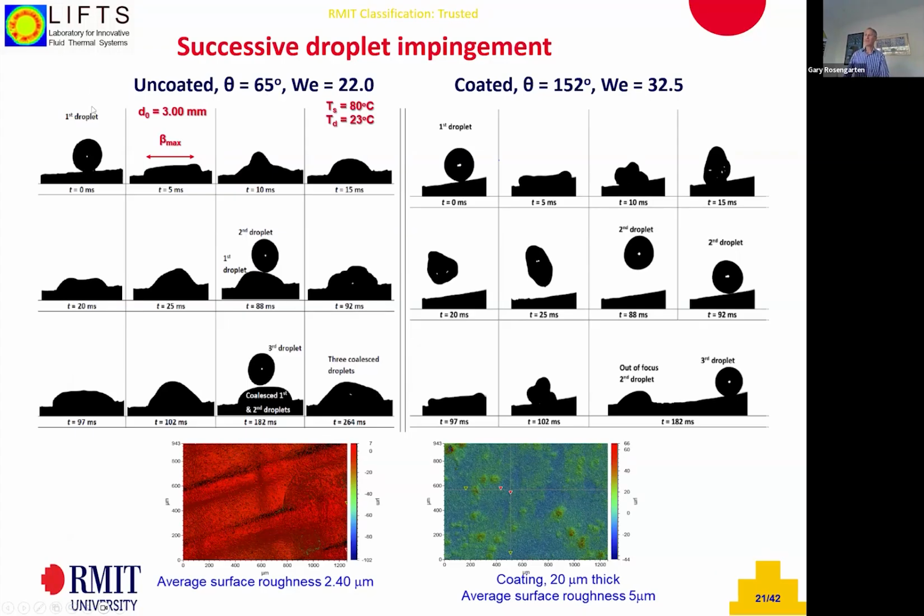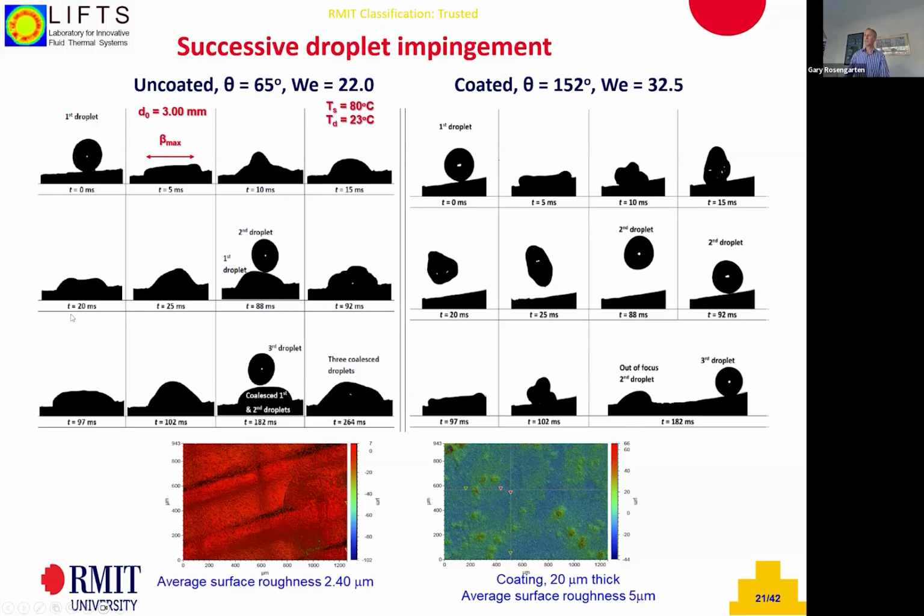And we had a droplet hitting the surface and spreading, and then as it starts to recoil, another droplet comes in and hits it, and then we have a third droplet coming in onto the coalesced droplet. The super hydrophobic one, that droplet comes in, bounces off, and the next droplet comes in. And it's on a slight angle, so we didn't have the first droplet bouncing up and hitting the second droplet,